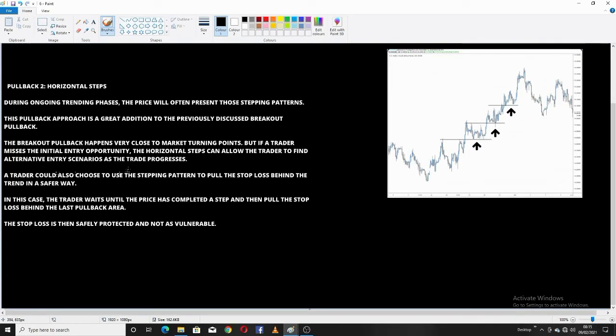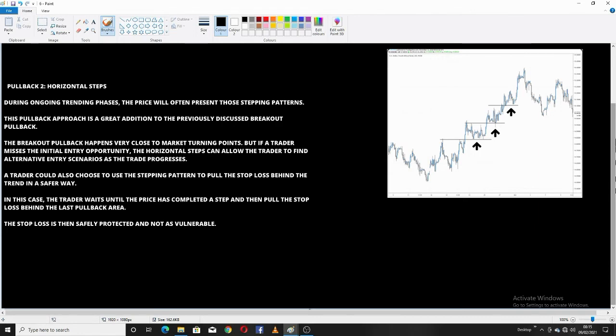Let's look at the horizontal steps. During an ongoing trending phase, the price will often present those stepping patterns. This pullback approach is a great addition to the previously discussed breakout pullback. The breakout pullback happens very closely to a market turning point, but if a trader misses the initial entry opportunity, the horizontal step can allow the trader to find an alternative entry scenario as the trade progresses. A trader could also choose to use the stepping pattern to pull the stop loss behind the